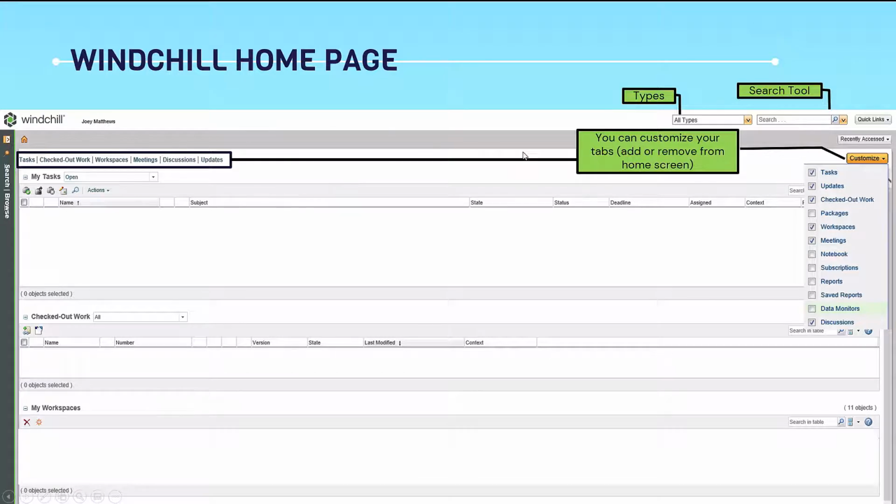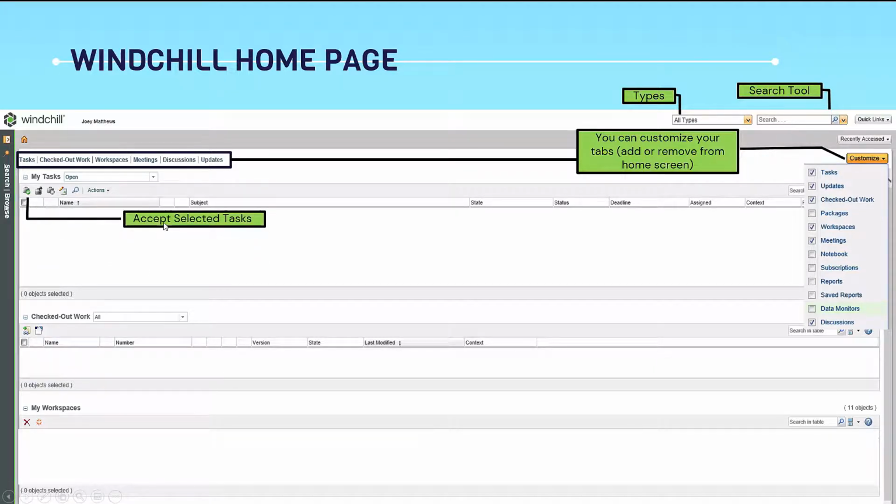Also, this tab is highly customizable. For example, my task is the point of view from a designer. He needs to see his tasks first. For example, a test engineer wants to see only his test reports. So he'll replace it by dragging and dropping here, and test reports will come first.